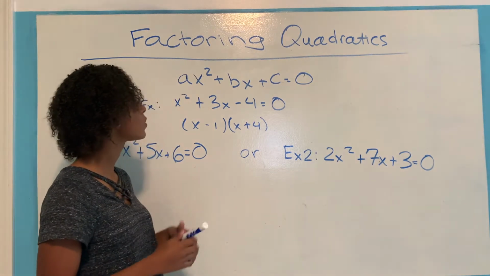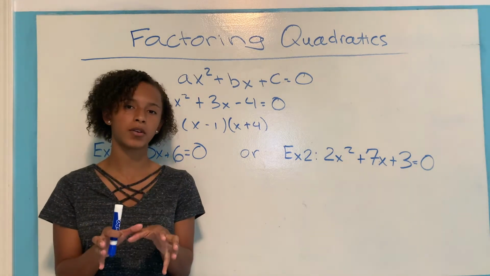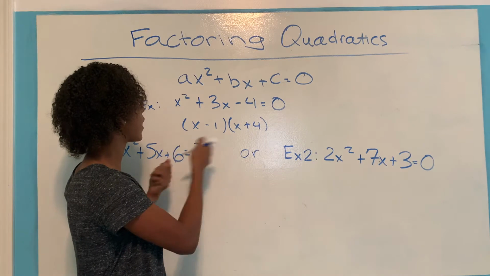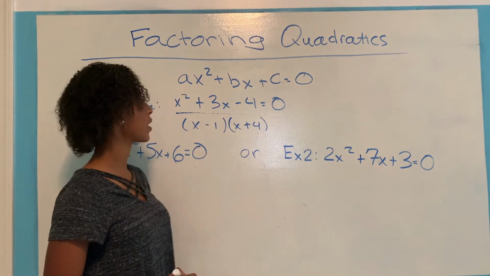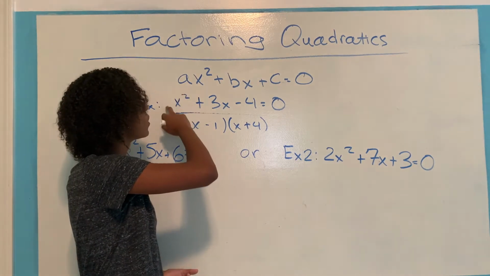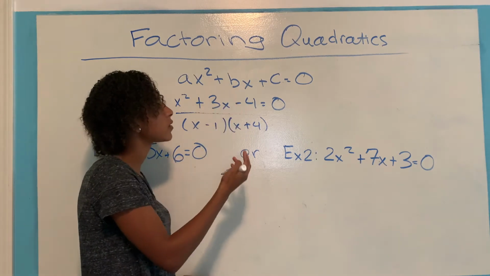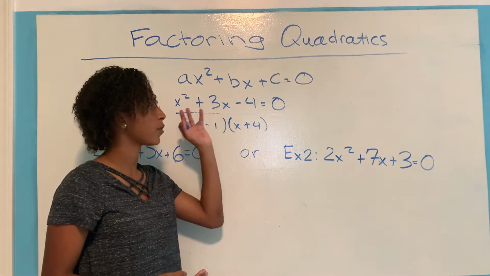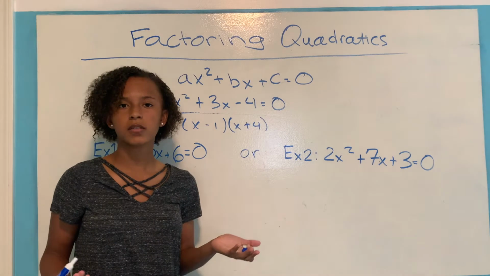Okay, so let's look at an example to demonstrate what I mean by factoring. When you look at, for example, this quadratic equation, you see A is equal to 1 in this scenario, 3 would equal B, and negative 4 would equal C. If you're confused on how this is the same thing as that, basically,